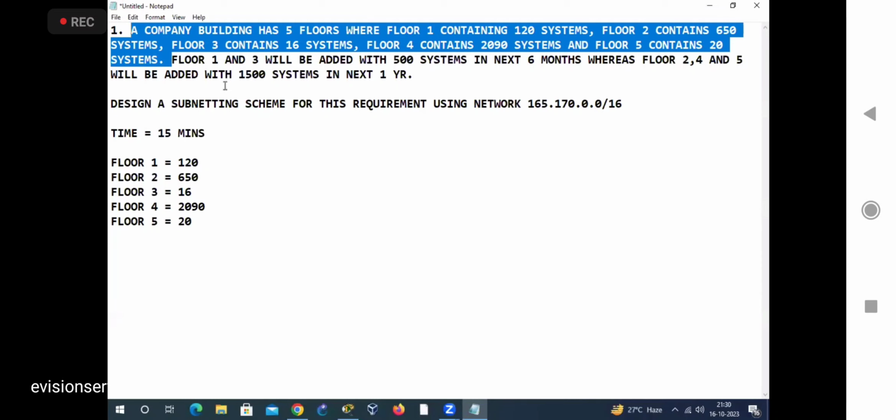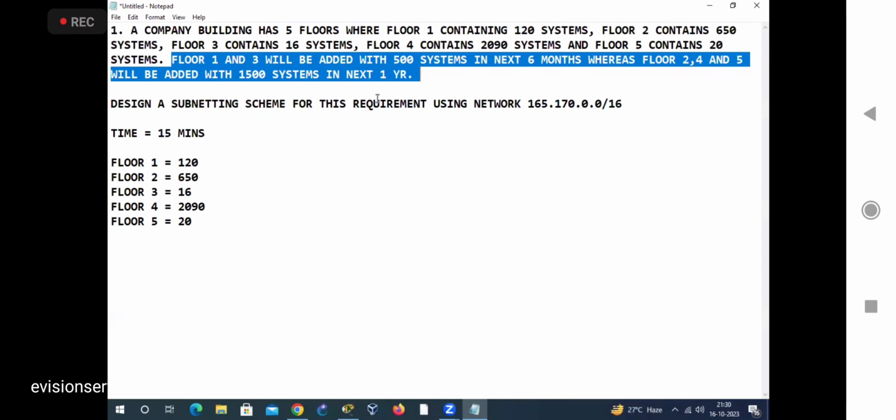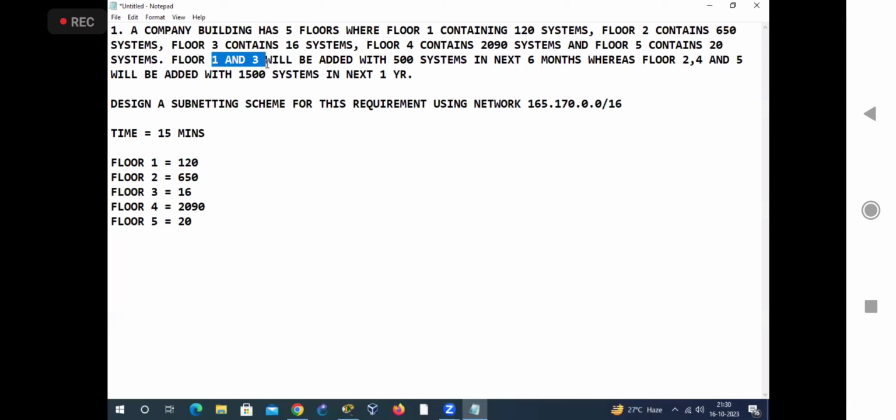Okay. Now this next requirement will be added in the upcoming year. So floor 1 and 3 will be added with 500. Right. So it means what? 120 plus 500. So how many systems in total are we having? 620. Right. 620, sir. 20 systems. Yeah. Then this one is